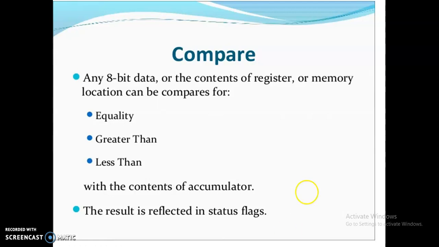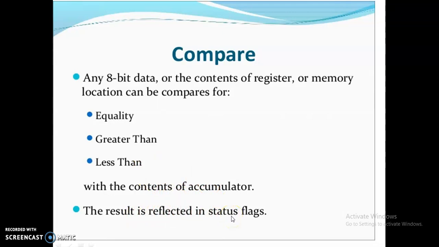Here you can see in the logical operations AND, OR, NOT, the content of the register or memory is ANDed with the content of the accumulator, and the final result is stored in the accumulator. But here in the compare, the content of the register or memory is compared with the content of the accumulator, but the result is stored in the status flag.